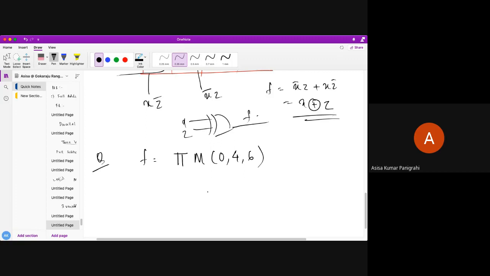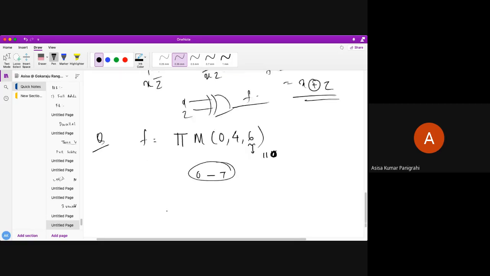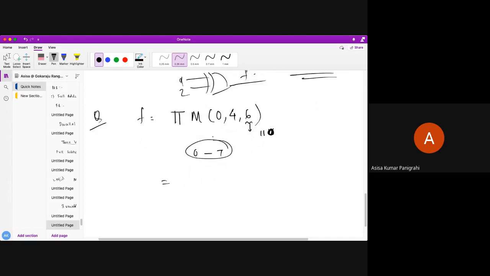As we know, 6 is the highest, so I can represent it in 3 variables. So for 3 variables, minterms 0 to 7 are possible. Whichever are not present in the product will be my summation. So here summation of m 1, 2, 3, 5, 7.